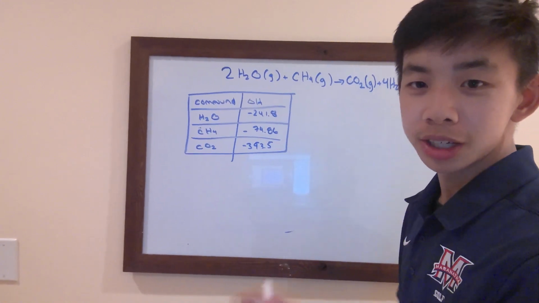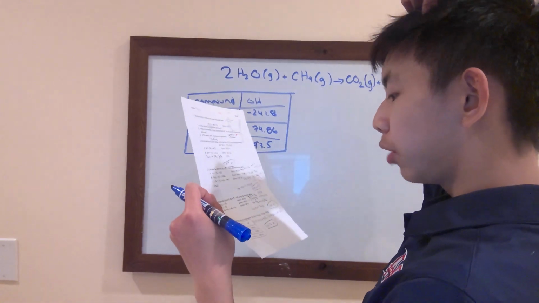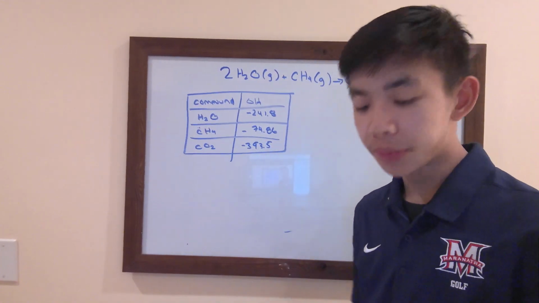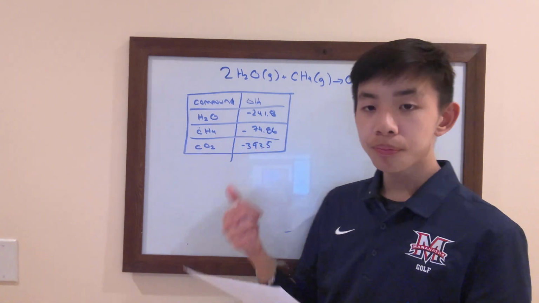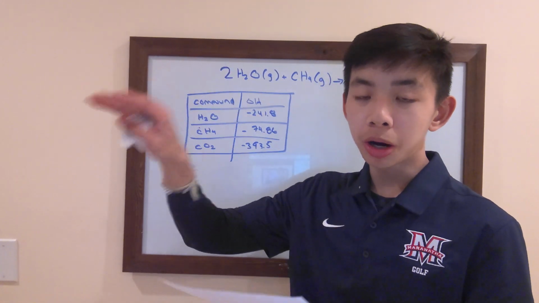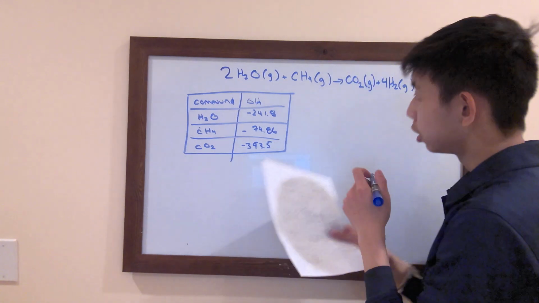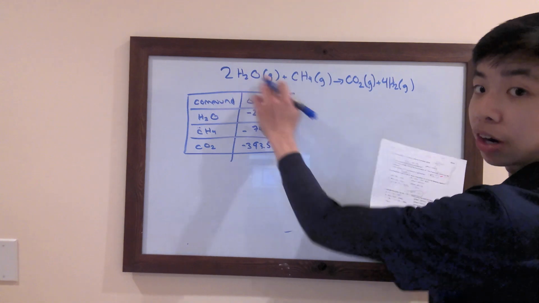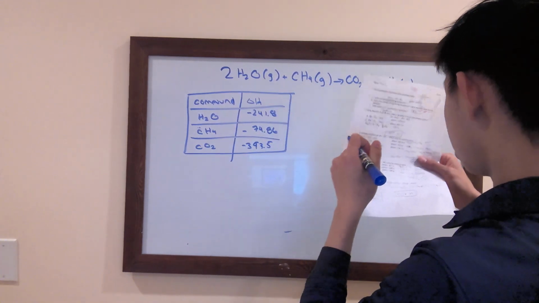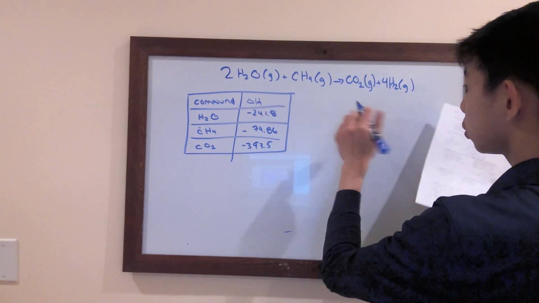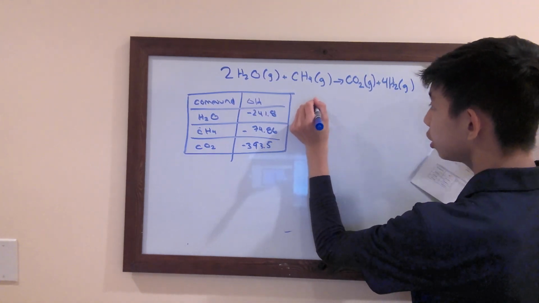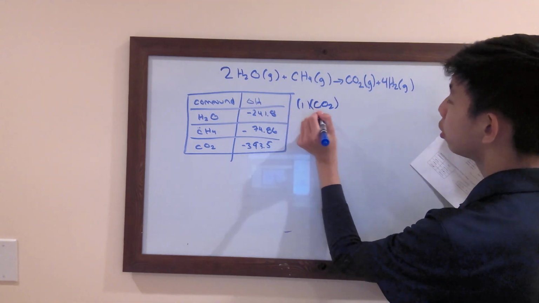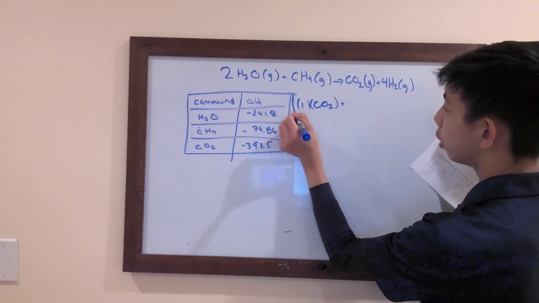Boom. Okay, cool. So, number 5, calculate the heat of reaction for this reaction. To calculate heat of reaction, when they give you this table, it's always going to be products minus reactants. So, products, CO2, minus the reactants. It's going to be CO2, whatever CO2 is, times the coefficient, which is 1, plus